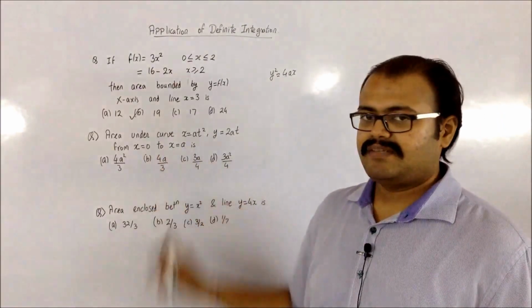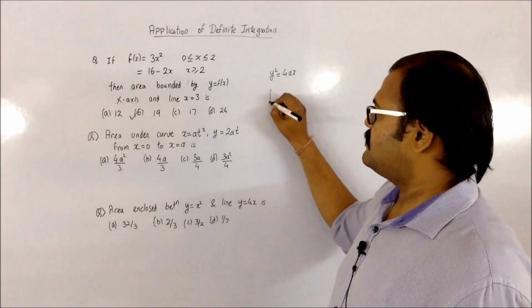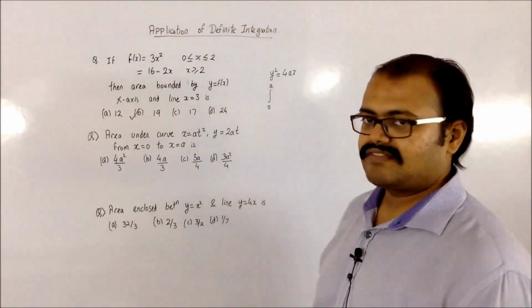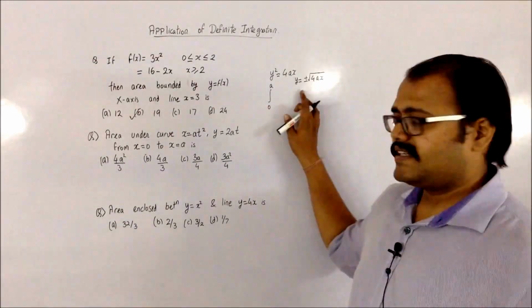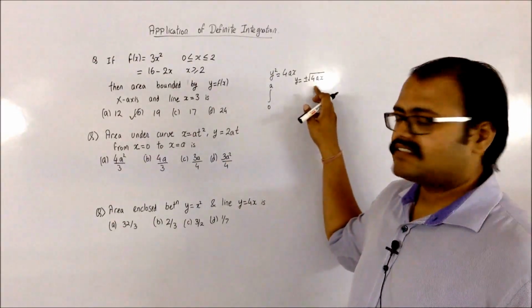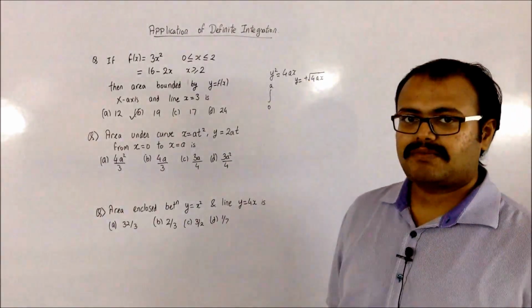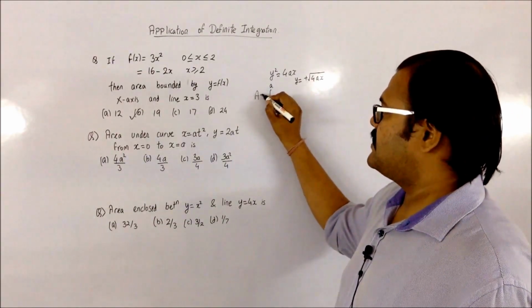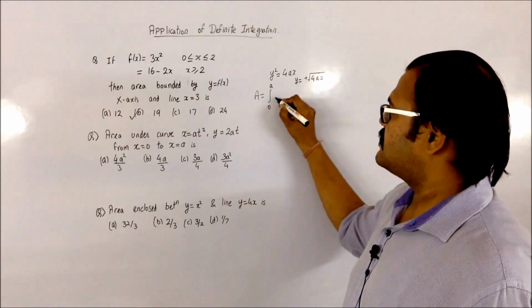Now since they have given me the ordinates, that is x equals 0 and x equals a, it's going to be integration 0 to a f of x. I require a function f of x. So I have to take square root on both sides. So I'll be getting y is equal to plus minus root of 4ax. From this I will be taking only the positive value. So now my area will be given by integral 0 to a f of x, which is my root of